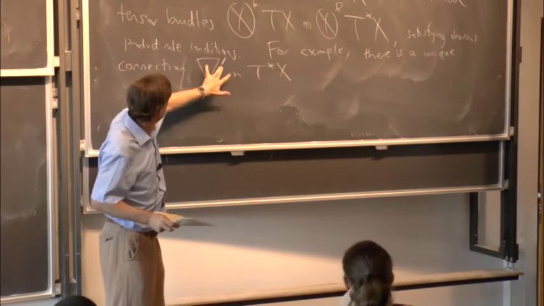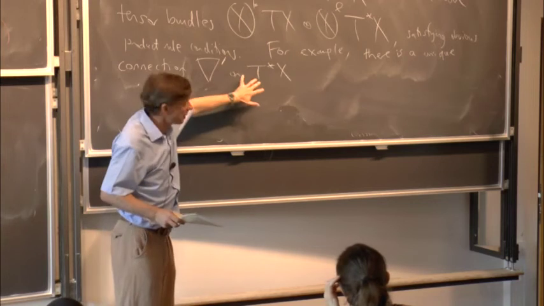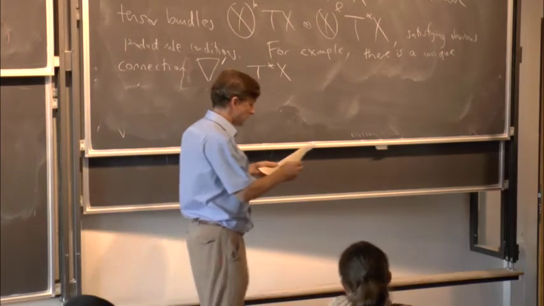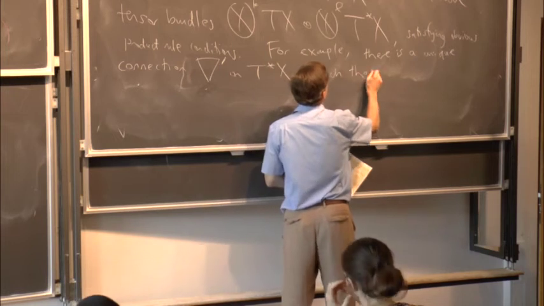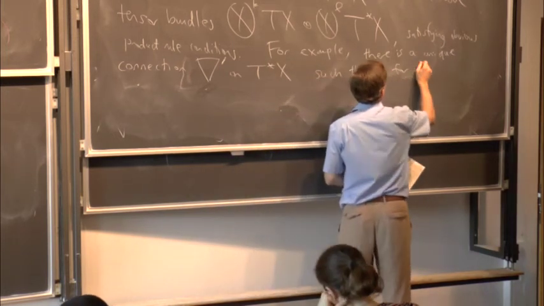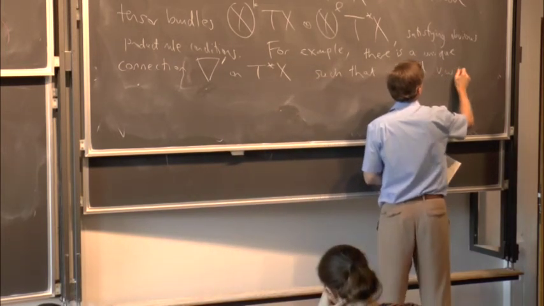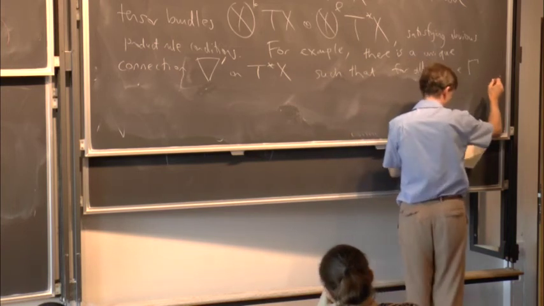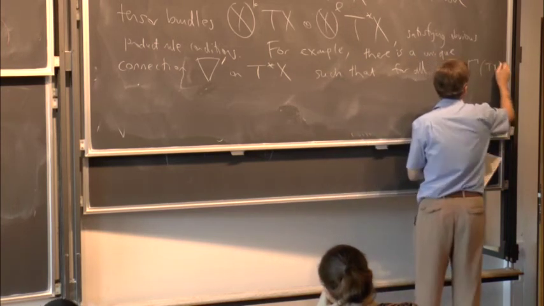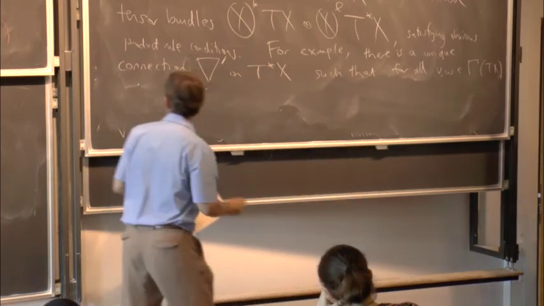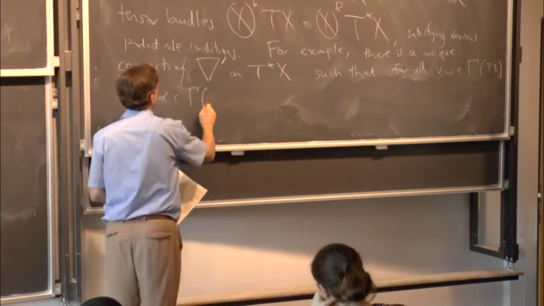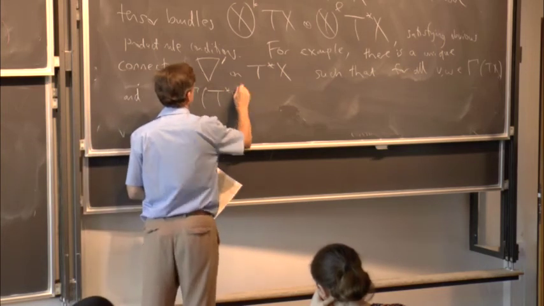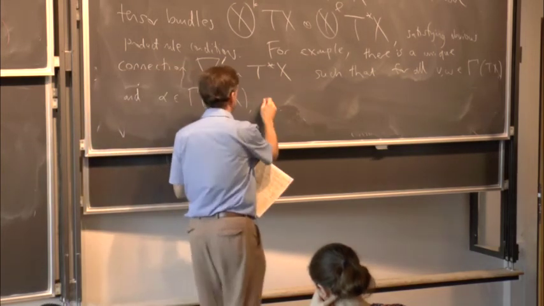But just for now, I'm going to write nabla prime for the connection on T*X so we can distinguish it. So such that for all v and w in the sections of TX and alpha in the sections of T*X, we have,